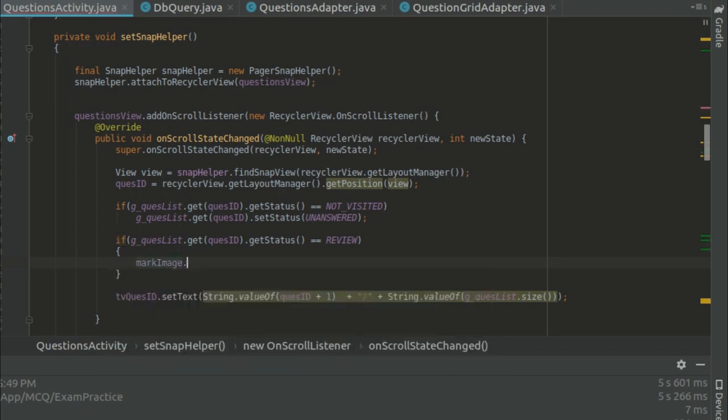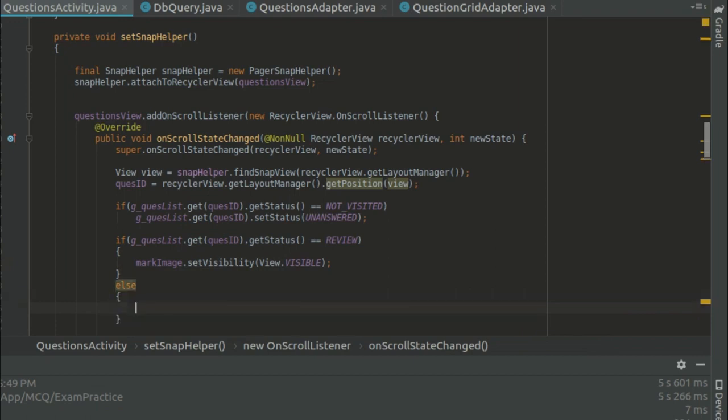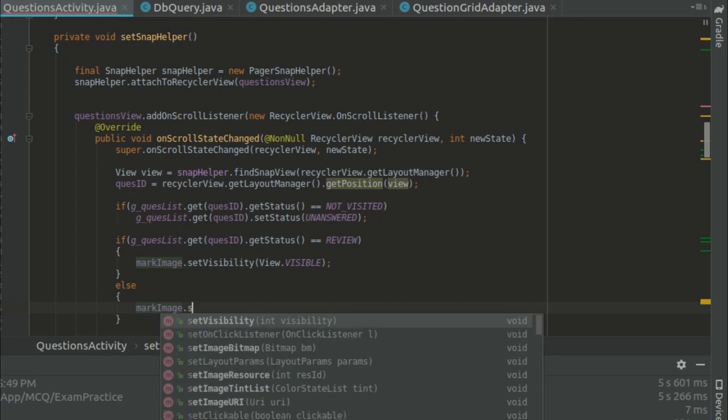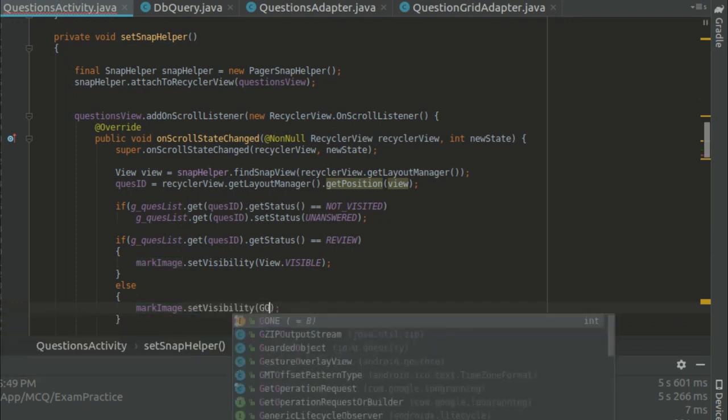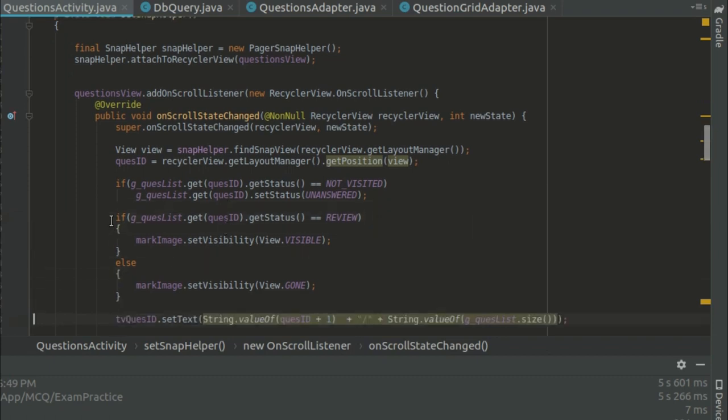So our mark image dot setVisibility visible, and in else, if its status is not review, then we will set the visibility to gone. Now we should not get the mark image on the next question. It will be visible depending on the